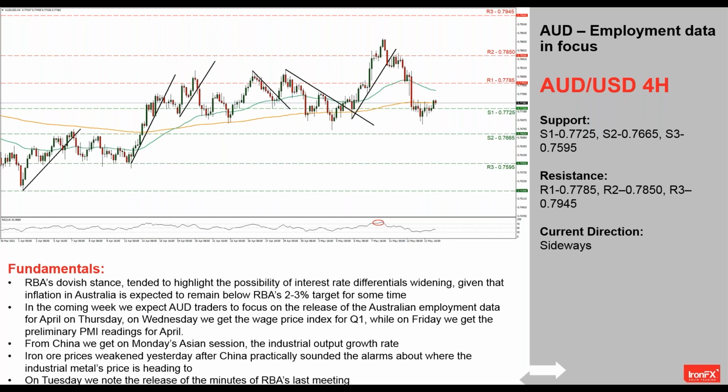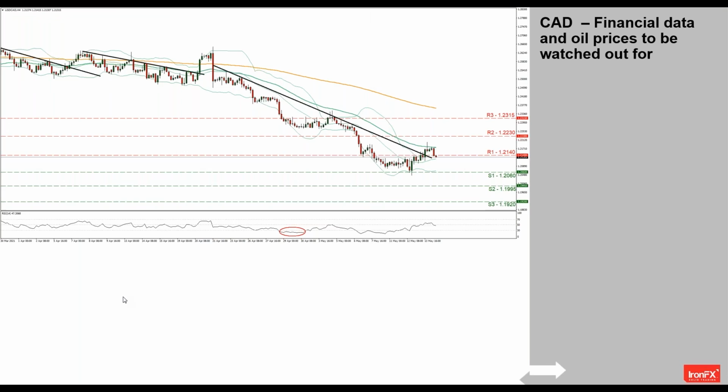Now, moving to the Canadian dollar. And this is USD/CAD for our chart. Note how today the pair's price action has broken the downward trend line, guiding the pair practically since, I would dare to say, the 28th of April. Some analysts even highlight this downward movement even further back. Thus, we are tended to switch our bearish outlook in favor of a sideways bias.